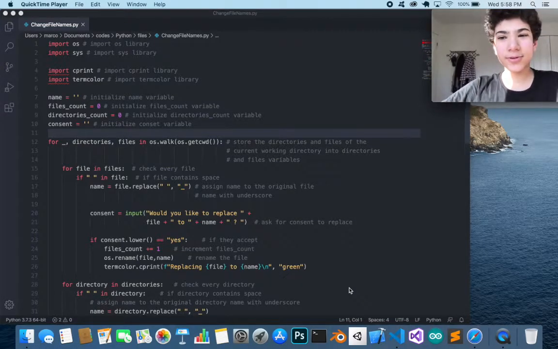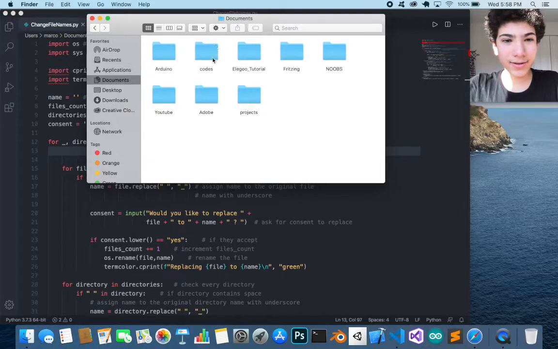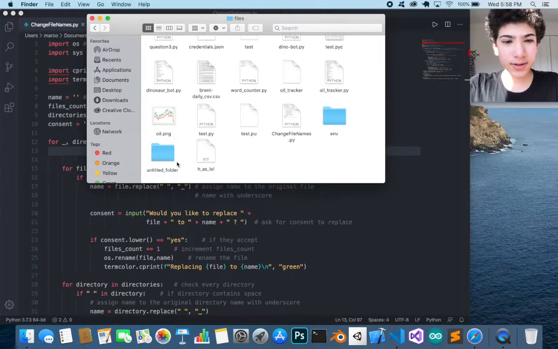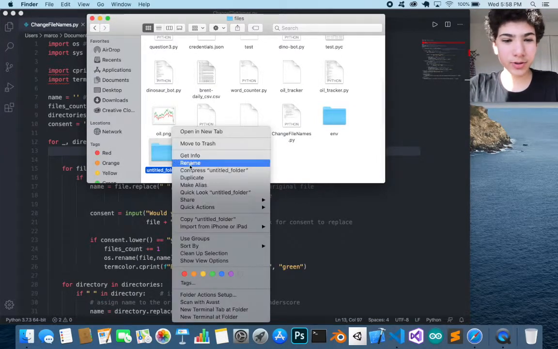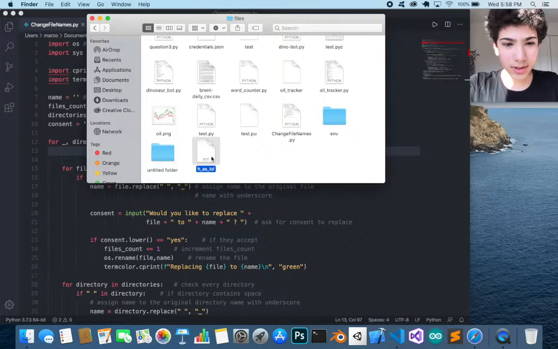And today I want to show you this program where it helps you with your files and folders in the Mac and Linux systems. So what it does is basically, let's say you have a file like this or a folder, same thing, like untitled folder or this random name here, and they have an underscore. So this, if you do like this, let's say there's a space here and there's a space here,